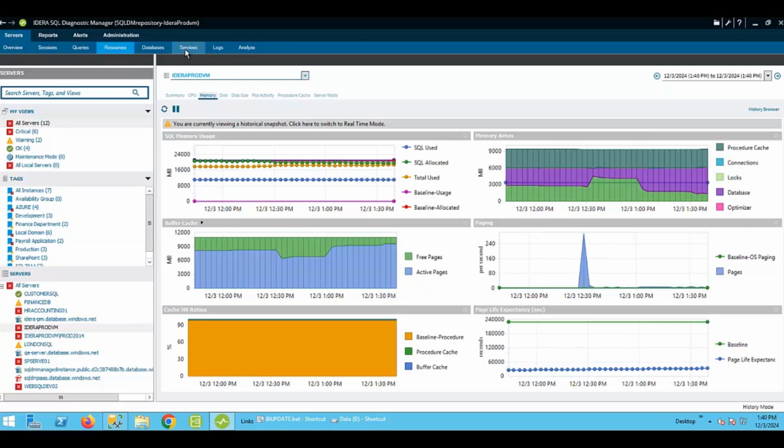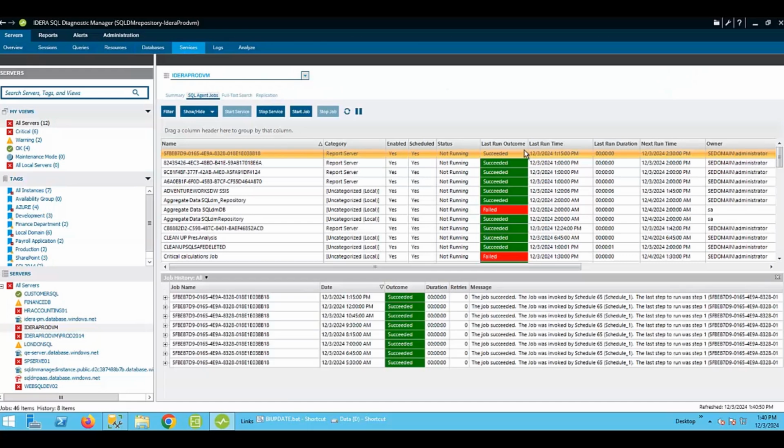There's actually, if we go over here to services, and there we go. So now we're able to see all the jobs that have executed, what their last run outcome status and runtime was, and you're able to see the history of the jobs, which can be exported as well. So this product will have complete visibility into the operating system and SQL Server side of things right away